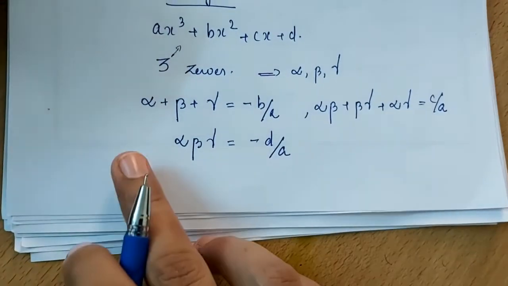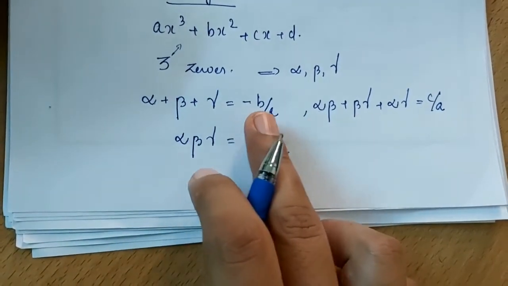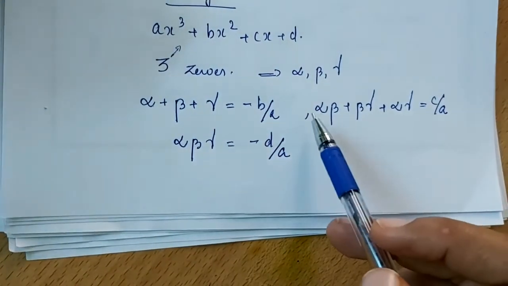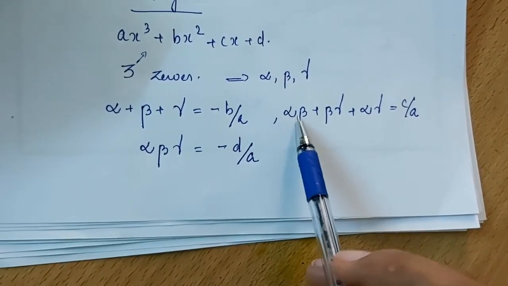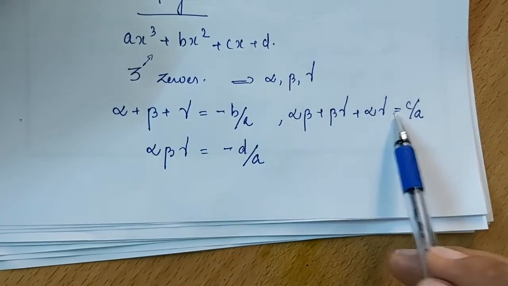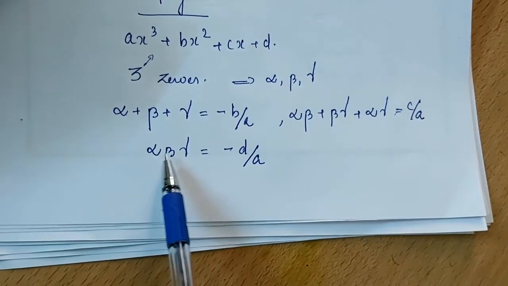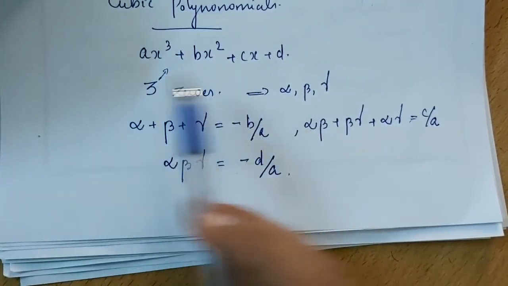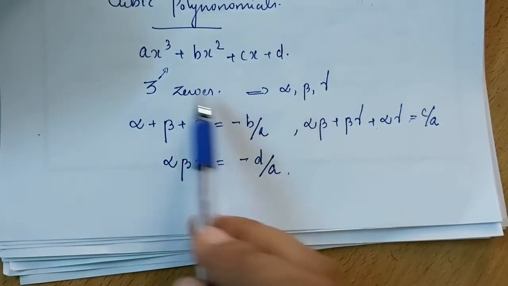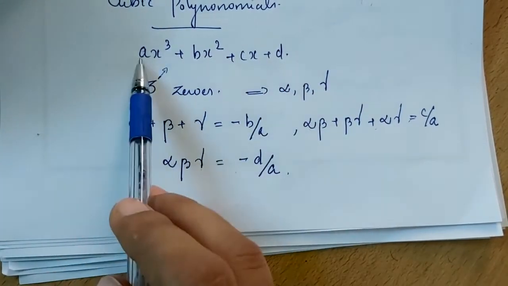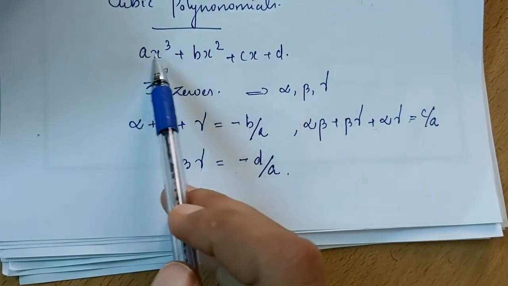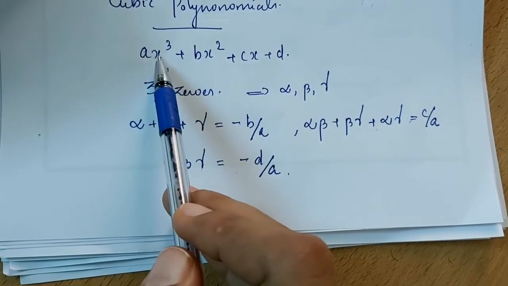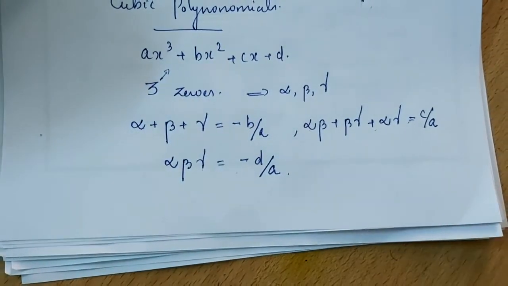These are the equations. Alpha plus beta plus gamma, that is the sum of the terms, is minus b by a, similar to the previous case, but there is an additional equation. Alpha beta plus beta gamma plus alpha gamma is equal to c by a. Alpha beta gamma is equal to minus d by a. Note the alpha, beta, gamma values and a, b, c, d. There is a change in the coefficients. a is the coefficient of the term x raised to 3. In the previous case, a is the coefficient of x square. That is the difference. Okay, let's go to the example.